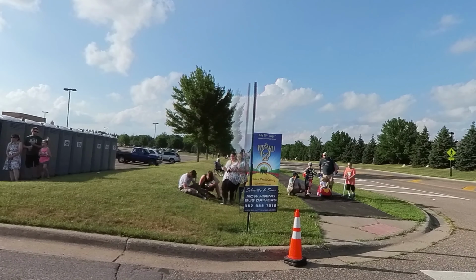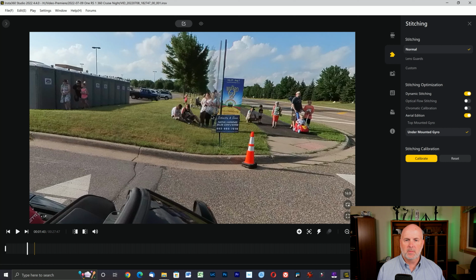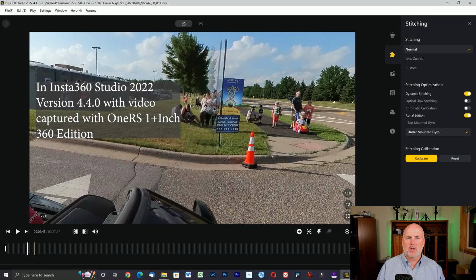It's with stitching. So here's the camera view of the 1-inch One RS 360 edition. And we can see this double tree, double sign, double person when we're zoomed in. The solution to this bug, if you see it with your videos when you're loading them in the app, is... every time you open up a new clip in the Insta360 Studio and it loads, this issue occurs no matter